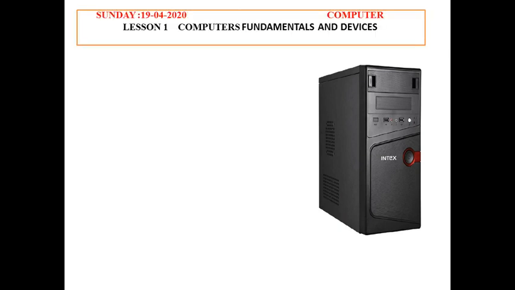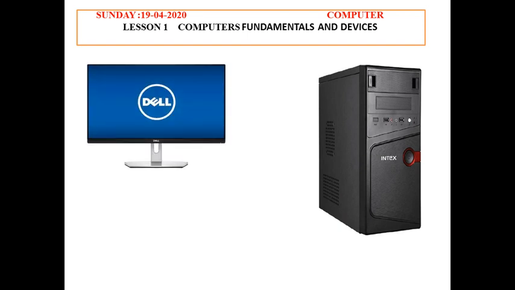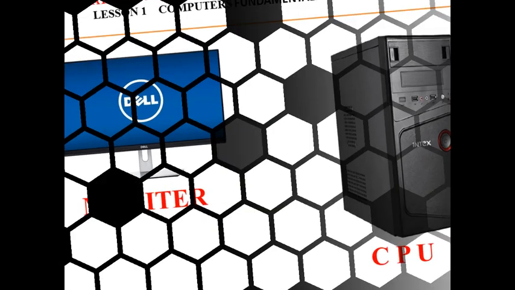Let's touch up a little bit for you. Can you see on the screen, what is this? Very good. It's a CPU, the brain of the computer. Now the second picture. Yes, very good. It's a monitor. It looks like a TV screen. The CPU is the brain of the computer. Now we will go a little bit deeper because we know about the parts.